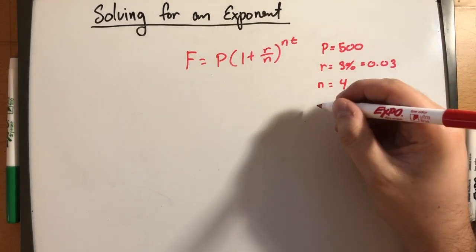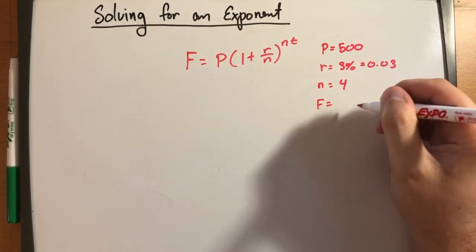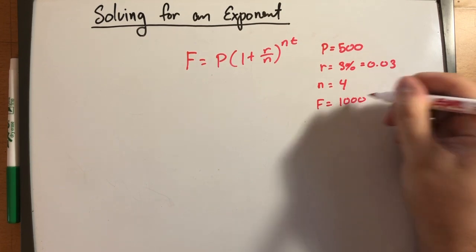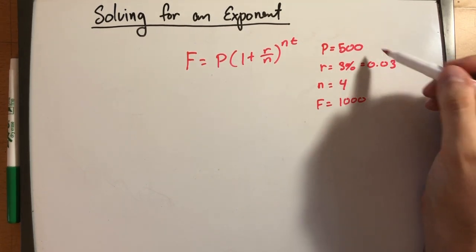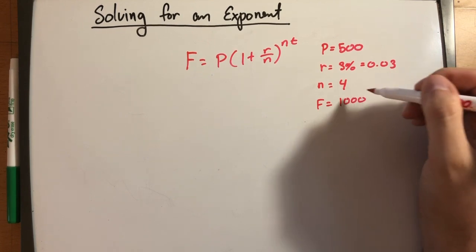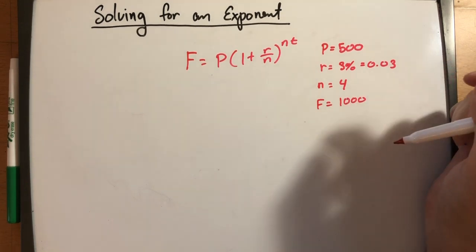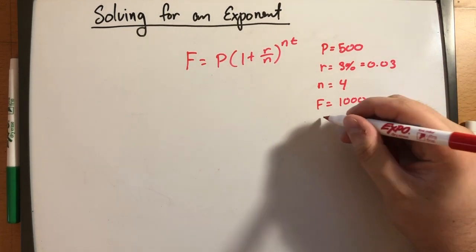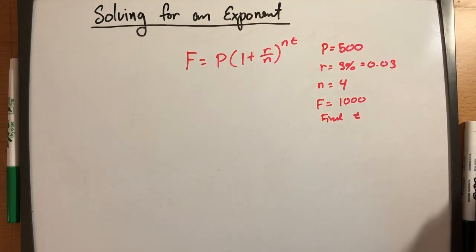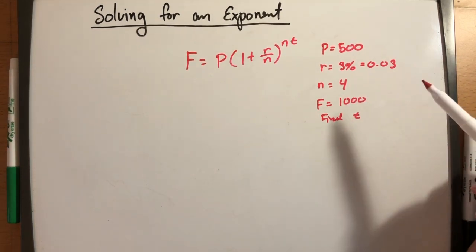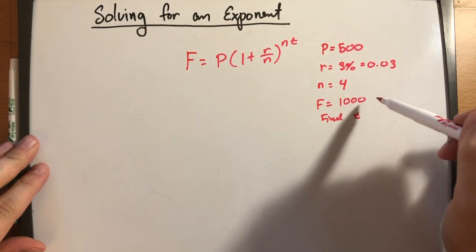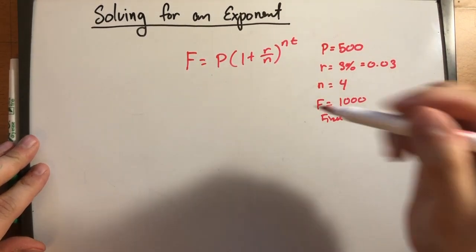And the goal is how many years until the future value is 1,000. So if we're going to let money grow starting at 500 at an annual interest rate of 3% compounded quarterly, how many years will it take till we reach $1,000? So our goal is to find t. Now notice t is in the exponent, which causes a problem, but with our knowledge of logarithms, we can solve for t. So if we plug in all the knowns into the equation, we get